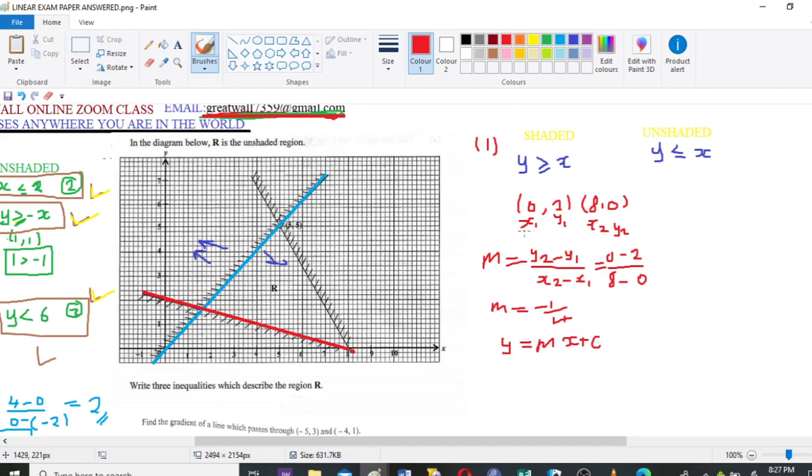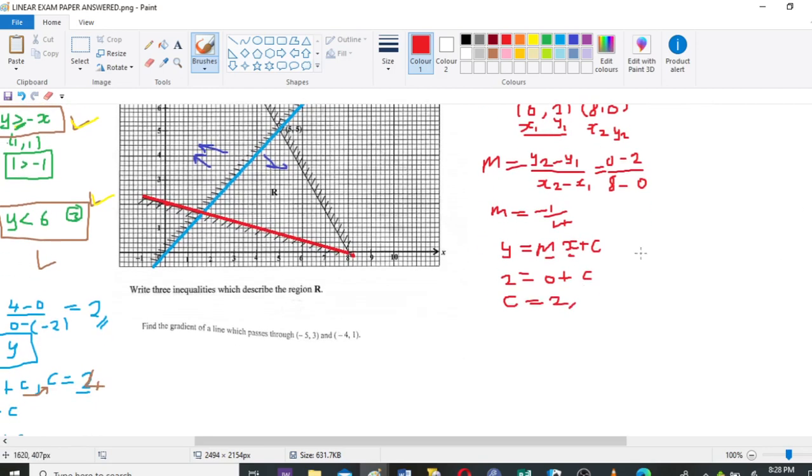So we can use the first one, which is 0, 2, which means our y will be 2, our x value will be 0. So when we multiply x by the value of the gradient, which is m, which is -1 over 4, we are going to get 0 plus c, giving us the value of c to be 2, right? So our inequality will simply be y,